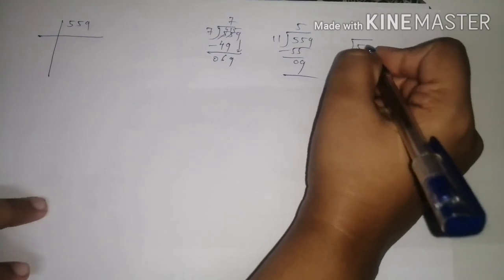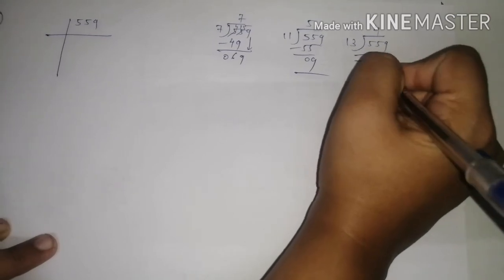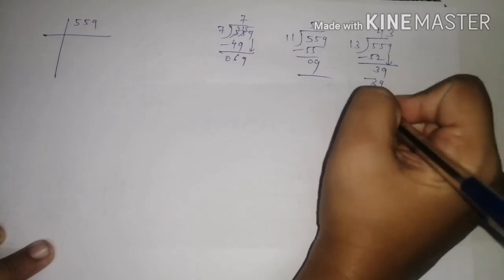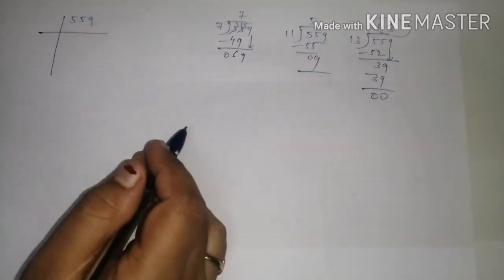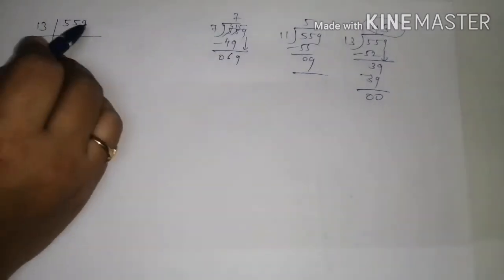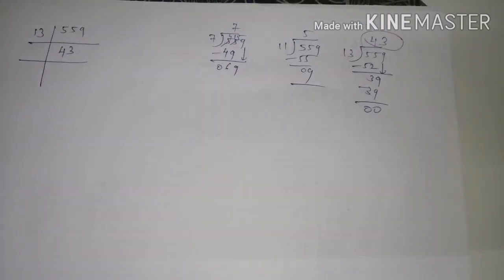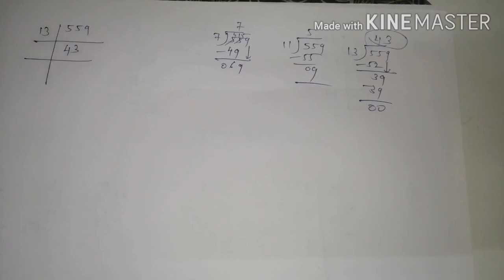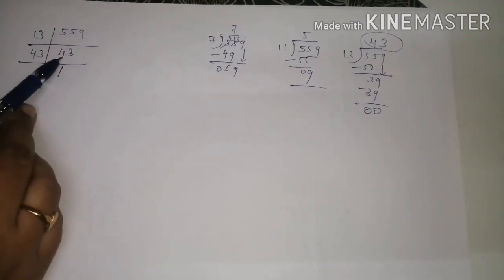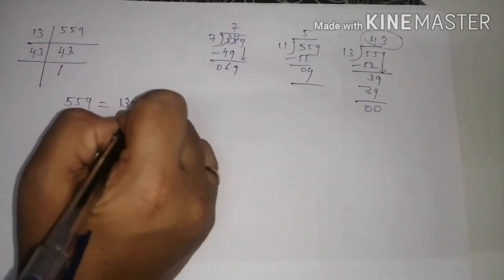Let's divide this number by 13. 13 4s are 52. 3 remaining, take this 9 down. In the 13 table, 39 comes. 13 3s are 39. Yes, you got remainder 0, that means it is getting divided. So which prime number is it going by again? Same, 13. After dividing we got 43. Now 43, if you have read all the prime numbers, then 43 is a prime number only. 43 comes in the table of 43 only. 43 ones are 43. So the prime factors of 559 are 13 multiplied by 43.